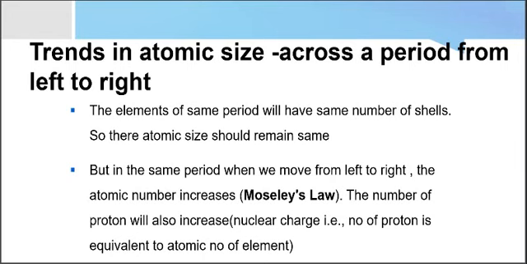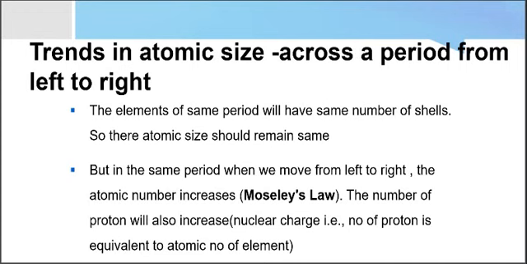And when we say atomic number will increase, that means its number of electrons will increase and its number of protons in the nucleus will also increase. The number of protons which increases also results in the increase of nuclear force of attraction, which attracts the electrons in the valence shell towards itself. It attracts the electrons in the energy shells towards itself.